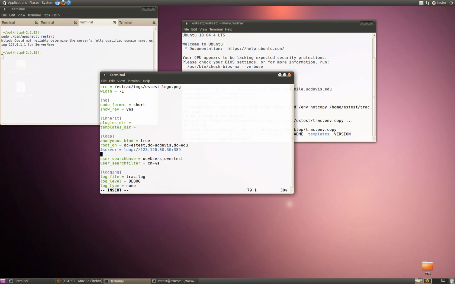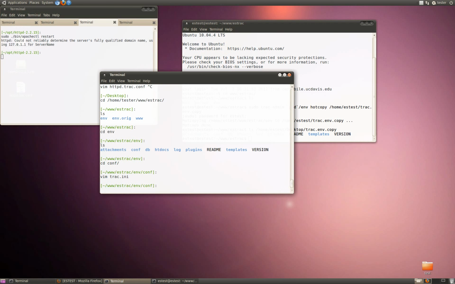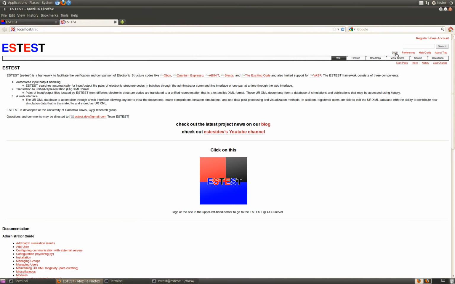One way we could do that, just for demonstration purposes, is setting that to localhost, and then the port is going to be 1389, and this is usually the port that LDAP is going to use if you're not running it as the super user or as a daemon service. So you can save this file, which is under env conf trac.ini,